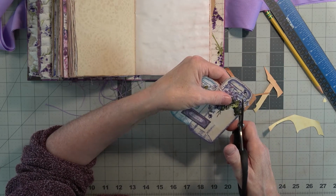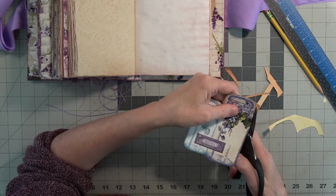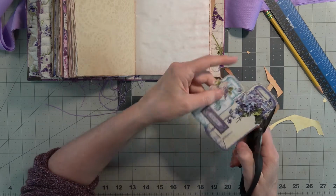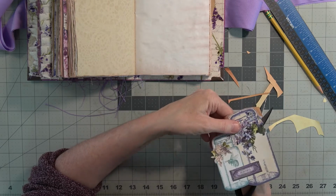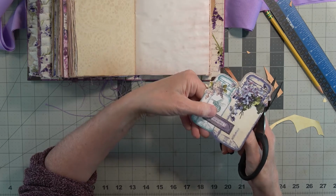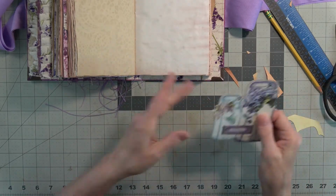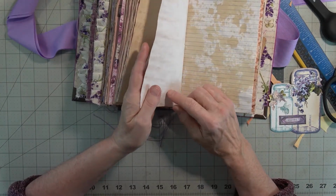So, concentrating, I guess. Trying to get around those little leaves and flowers there, I guess. My goodness. Okay, there we go. Now, some of this